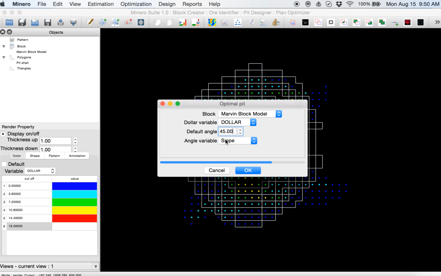Once this is done, I'm going to give colors and rename the pit shells.